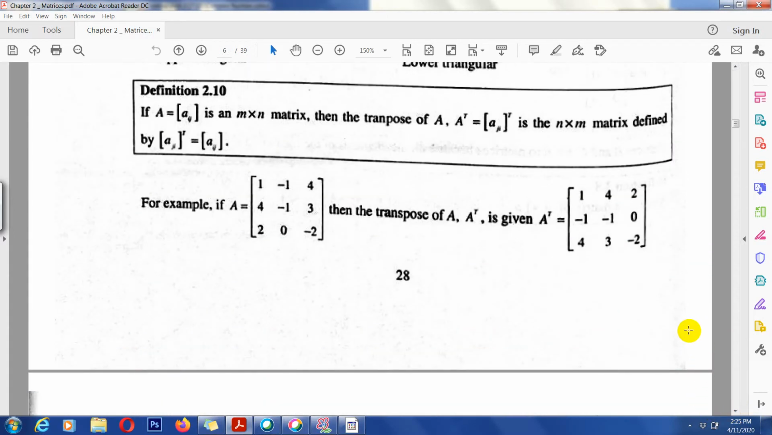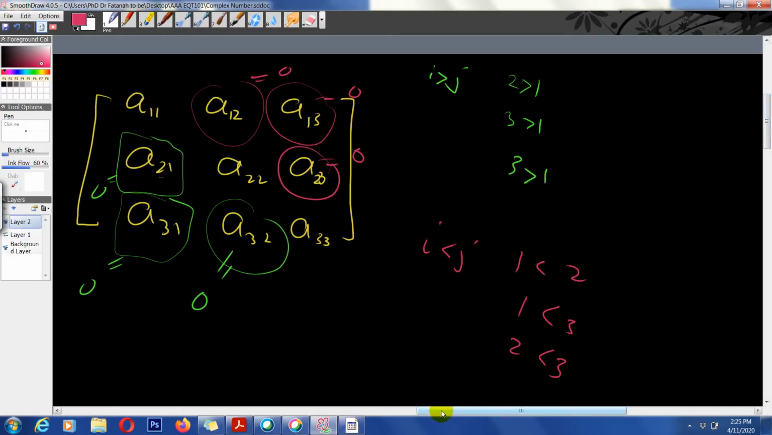Okay, transpose. What is transpose? It is also related to position. If we have this matrix,